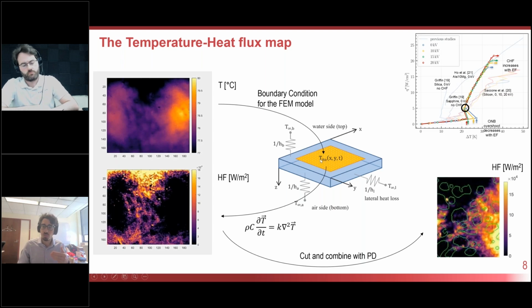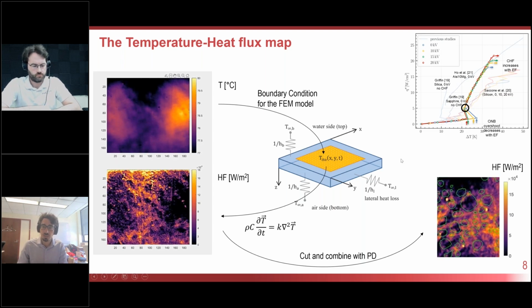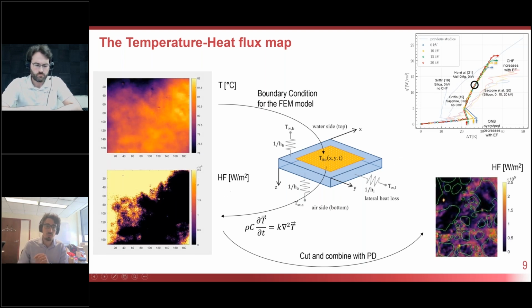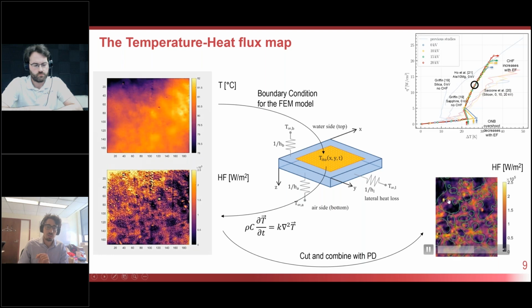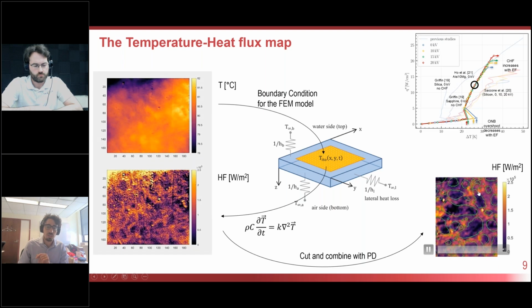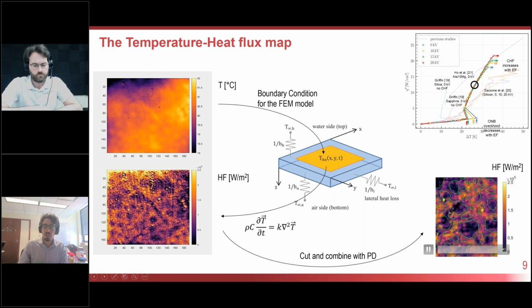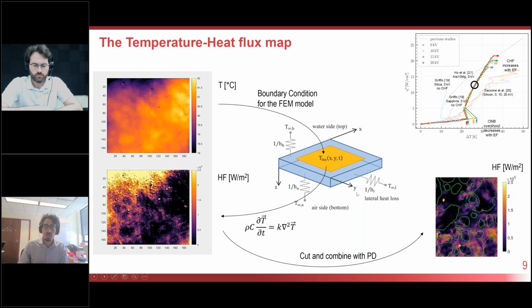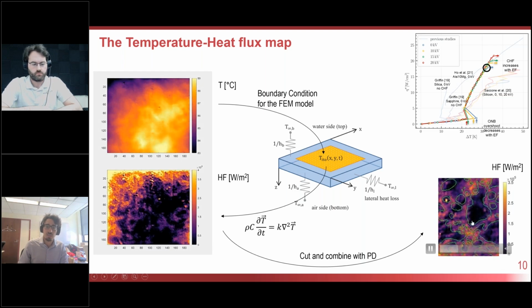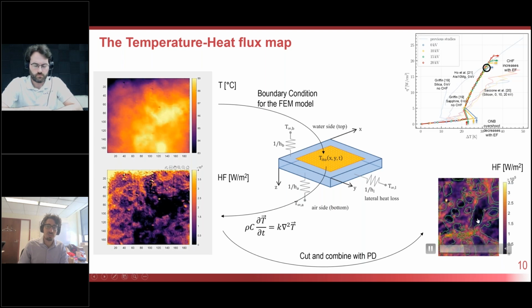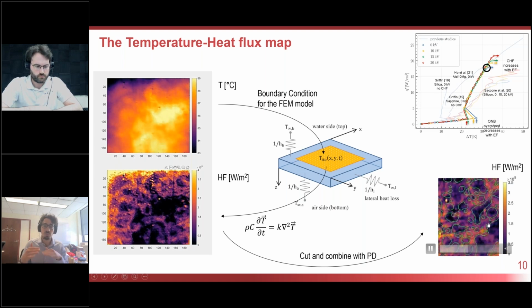So here I'm going to show you a higher heat flux. If we move from a lower heat flux to a higher heat flux, you start seeing a little bit better that bigger bubbles are characterized by a lower heat transfer rate. And then if we go even higher, it should be even more clear that the largest patches have basically almost zero